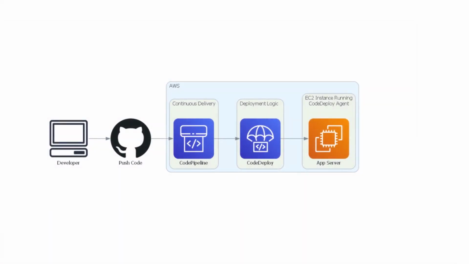This architecture represents a simplified continuous delivery process using CodePipeline and CodeDeploy. The application developer pushes code changes to the repository, which triggers a code change event. CodePipeline initiates the deployment process. CodeDeploy then deploys the code to the EC2 instance, updating the application running on the server. Overall, this diagram illustrates the flow of code changes from the repo to the deployment of the application on an